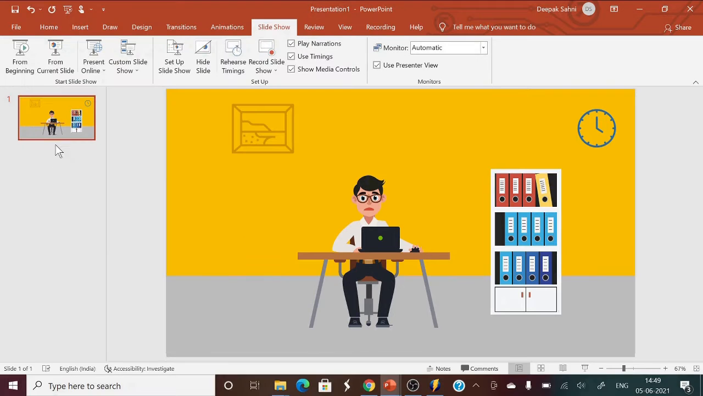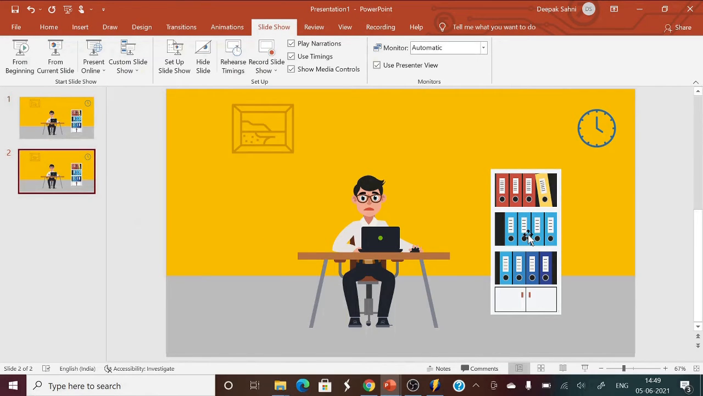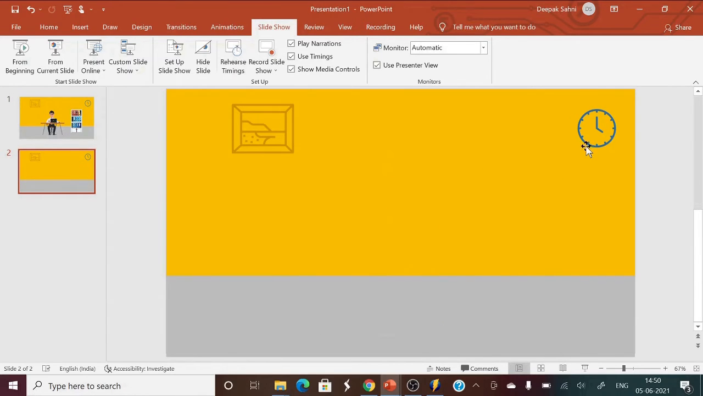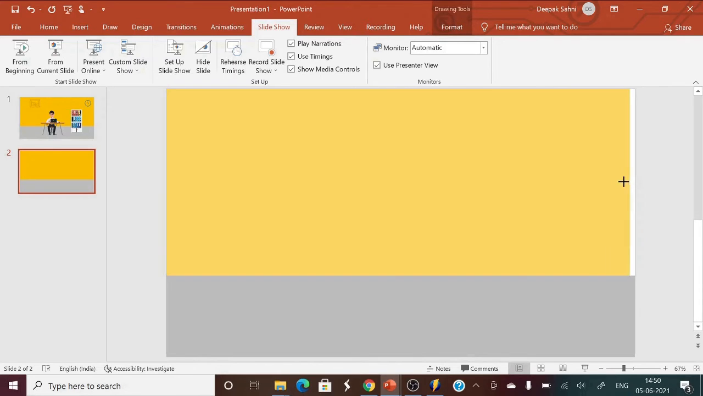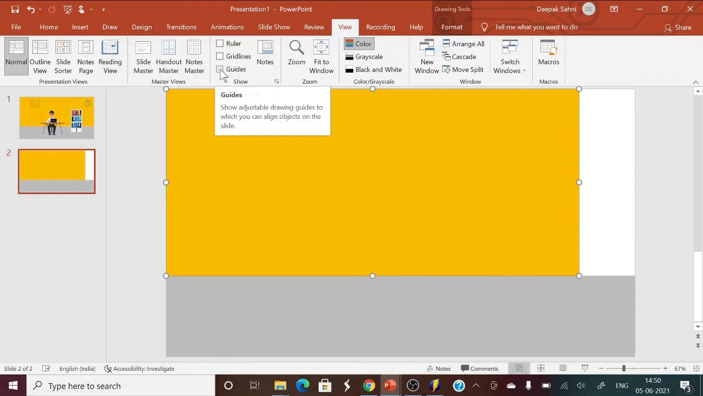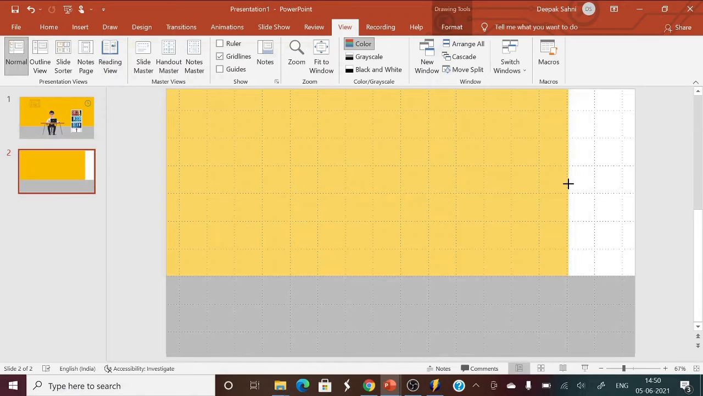Let's create a 3D scene. I'm going to duplicate a slide. Let me remove the characters from here. Let's reduce the size. Let me start with 3 times. Okay, let's go to the 2 blocks, and